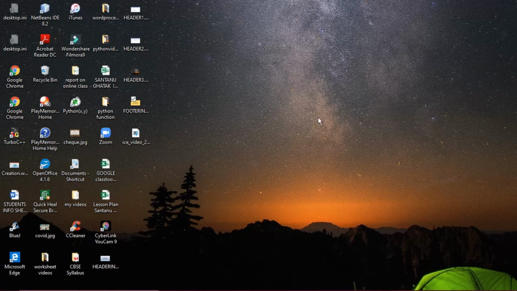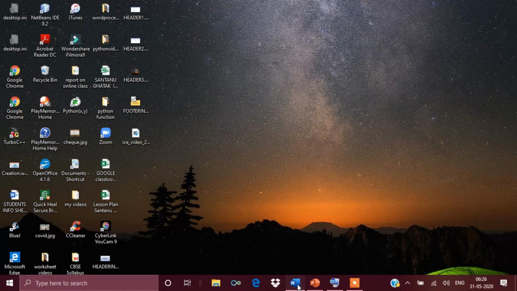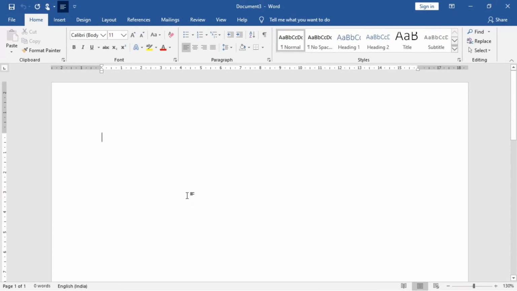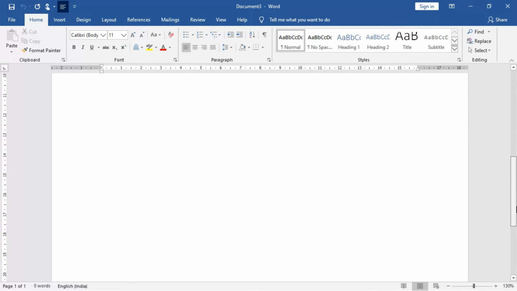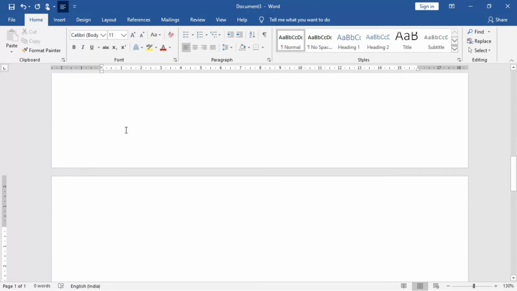For managing footer, students, first of all we have to open a new document. So the document has been opened. Go to the Insert tab on the ribbon. All right, so place your cursor before inserting the footer, otherwise it will be inserted as header. So bring the cursor down to the bottom of the page of your document. All right, so now we will click out here. Now you see how to do this.